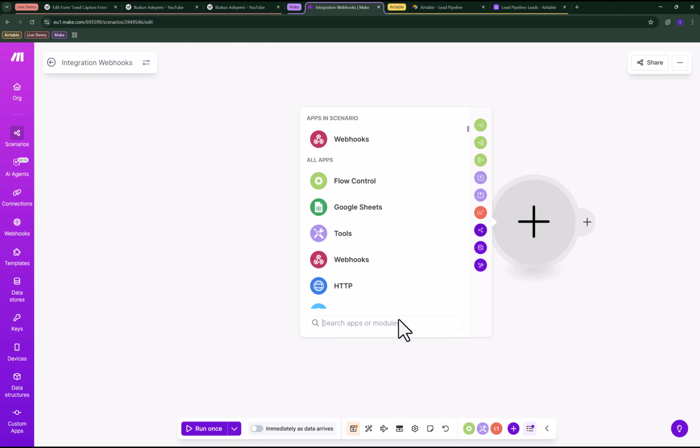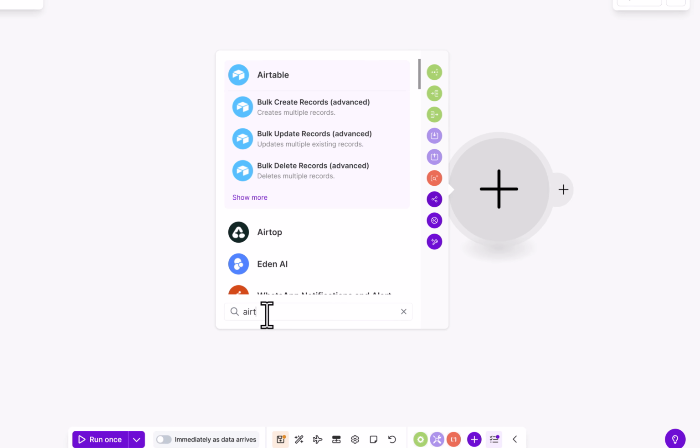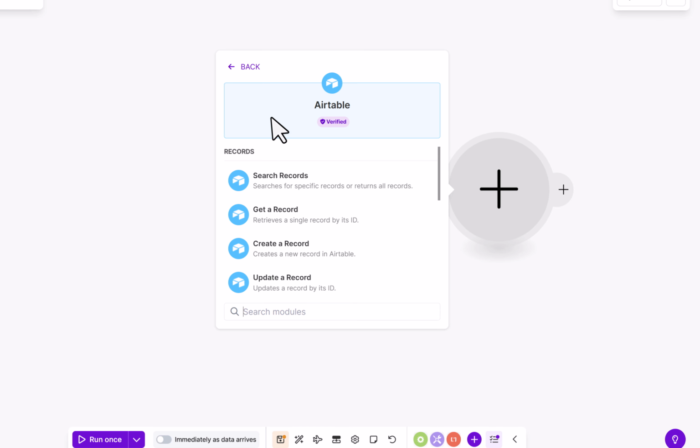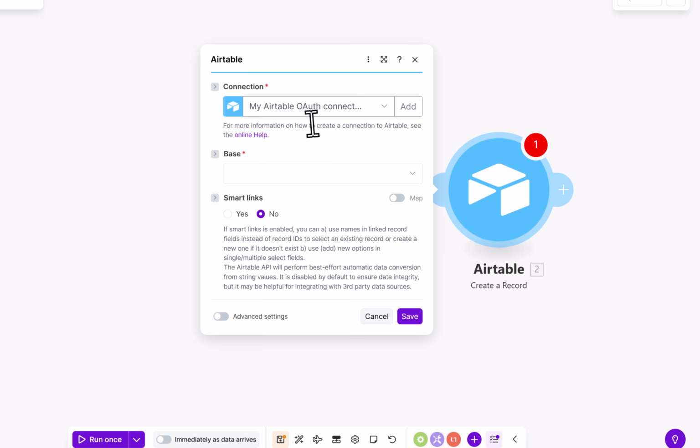So we search for Airtable, click on Airtable here. What you want to select here is create a record. Click on this, and now we need to make sure we create a kind of authentication between make.com and our Airtable account. So I already have one created here, but I'm going to show you all over again how it was created. Okay, so what you want to do here is add a connection, add,